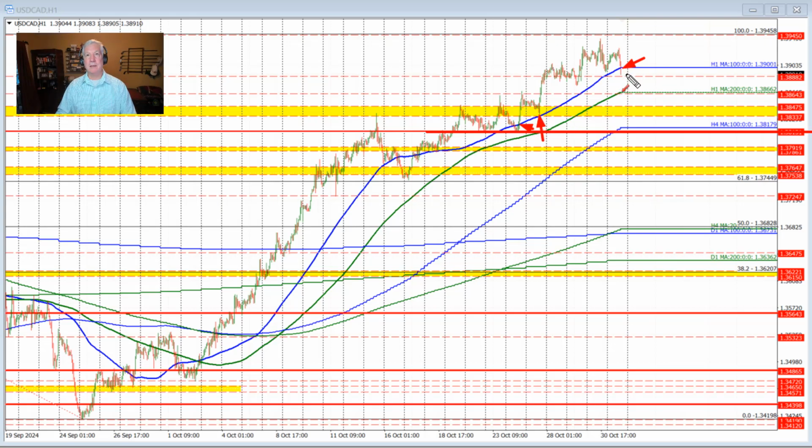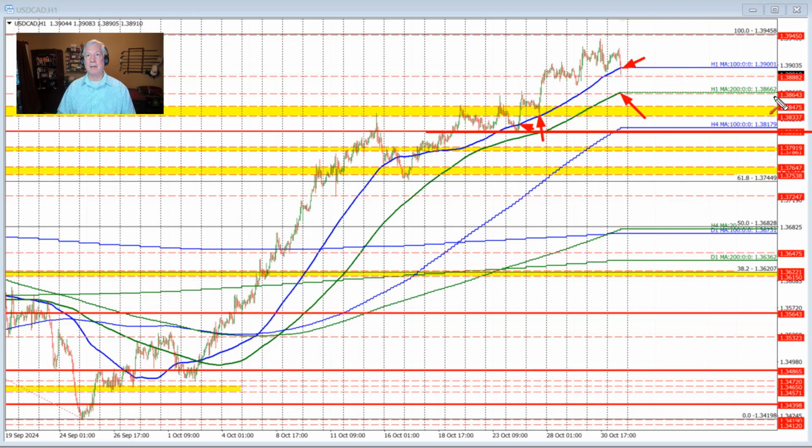Well, technically, the break below the 100-hour moving average is more bearish. It's a win for the sellers, and that's what you try to look for in these turning points, a win for the opposite of the trend type traders. So getting below the 1.39 level is a win for the sellers. If the price can stay below that level, then the sellers can push further, with maybe the 200-hour moving average